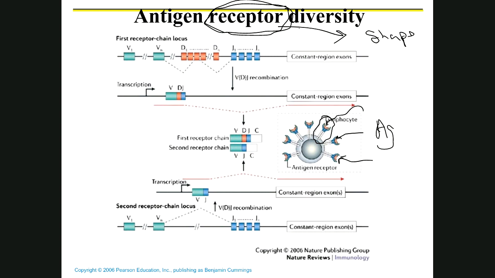Well, in our lifetimes, we're going to encounter many, many antigens. And they all have different shapes. So that means that we also all need different shapes here. Well, the way the different shapes come about,